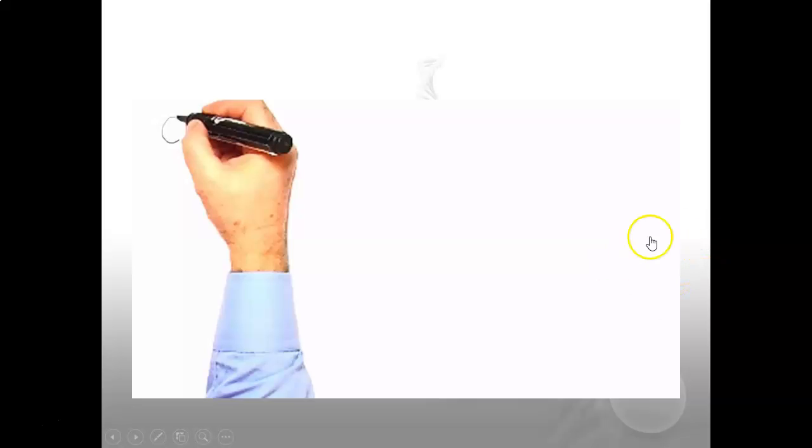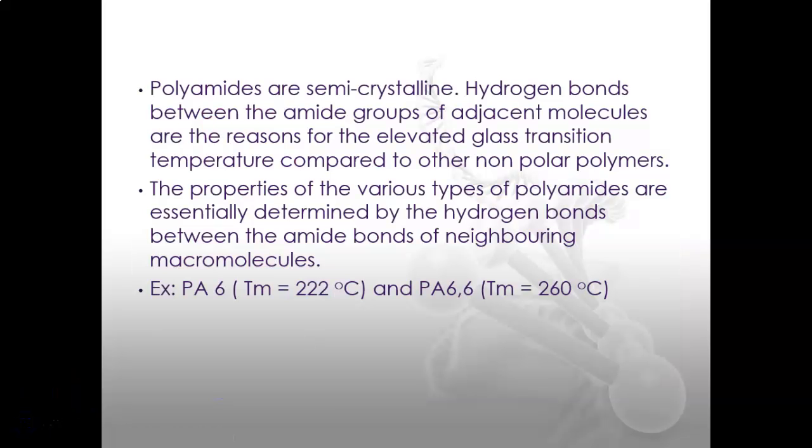So make sure you practice how to draw a nylon, how to produce nylon 66 and nylon 610. Polyamides are semi-crystalline polymers. The hydrogen bonds between the amide groups of adjacent molecules are the reason for the elevated Tg compared to other non-polar polymers. And the properties of the various types of polyamide are essentially determined by the hydrogen bonds between the amide bonds